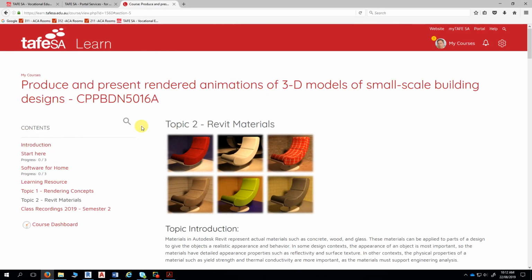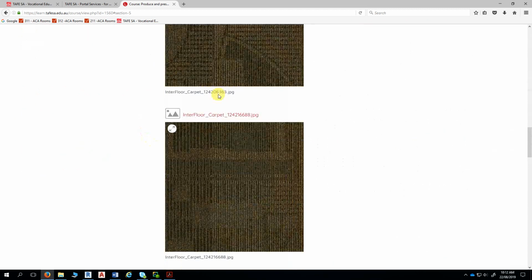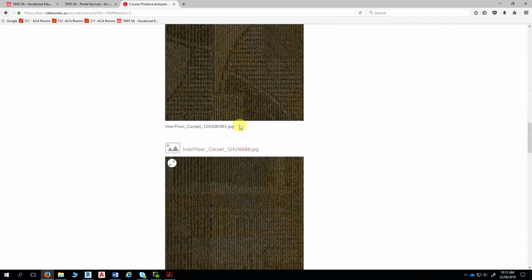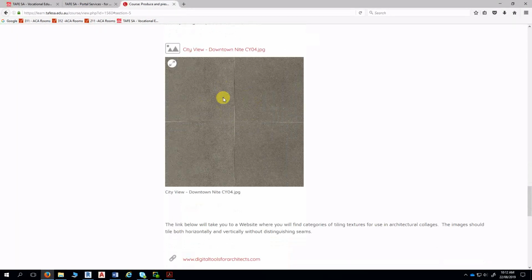So, getting back to our topic 2. If you haven't already, can you just download these 3 images? There is actually a 4th one there, which is a tile material, which you can download as well. So download the 4 images, and to download them, just right mouse on them and go Save Image As, and